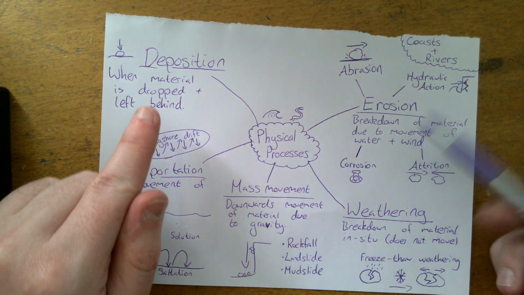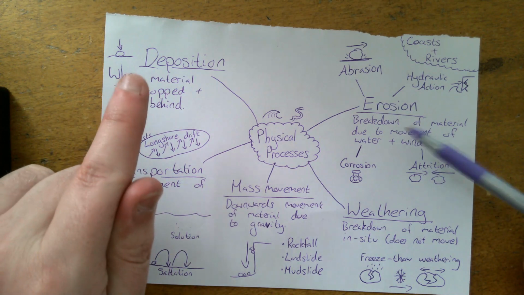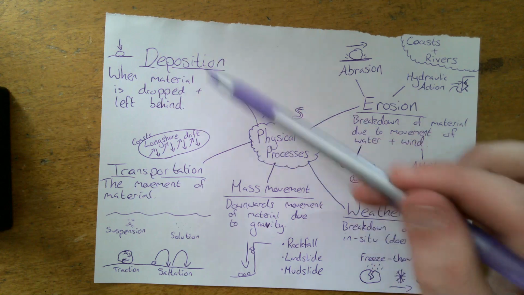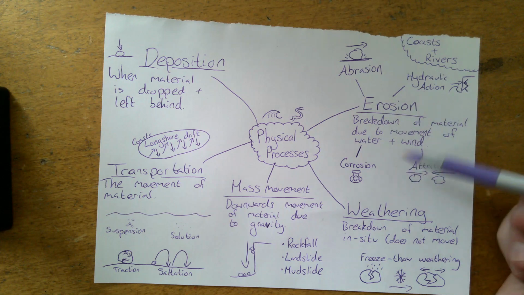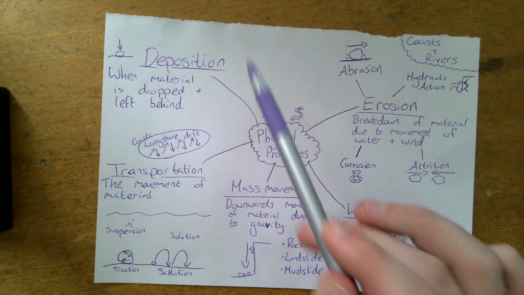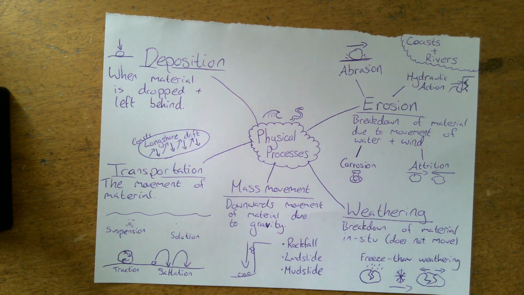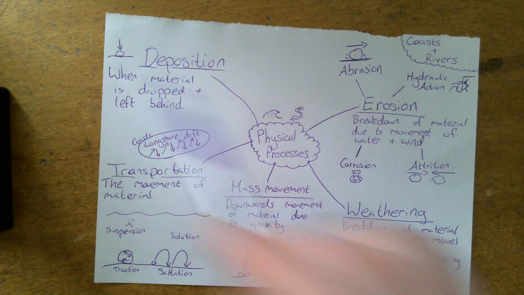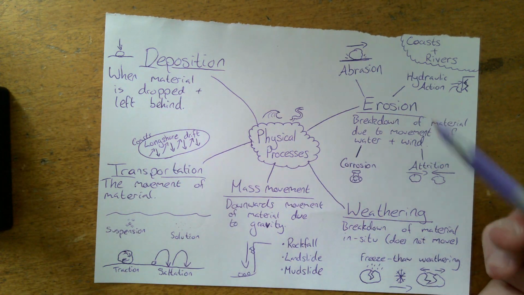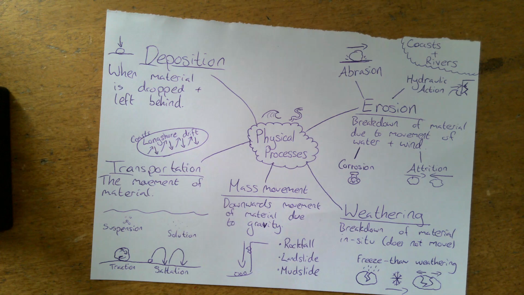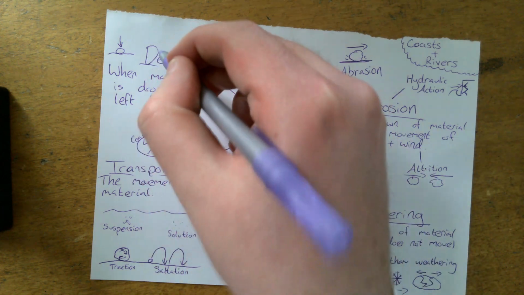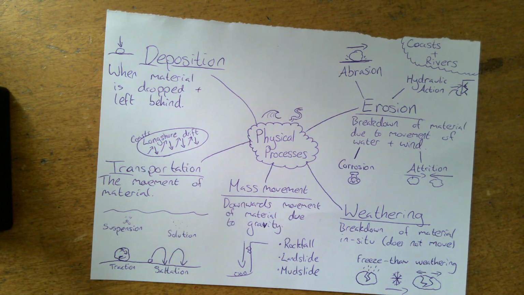Now, importantly, deposition and erosion, again, are complete opposites here. Erosion is about the breakdown of material. Deposition is about material getting dropped and left behind. Erosion will cause coasts to retreat and get smaller, whereas deposition might cause a coastline to get bigger as it puts more material on a beach. We also need to know there's a difference in energy here. Erosion is high energy. Really powerful waves or a fast-flowing river will cause erosion. Whereas in deposition, it's much, much slower. The water's not got much energy, the waves aren't as powerful, the river isn't moving as fast,